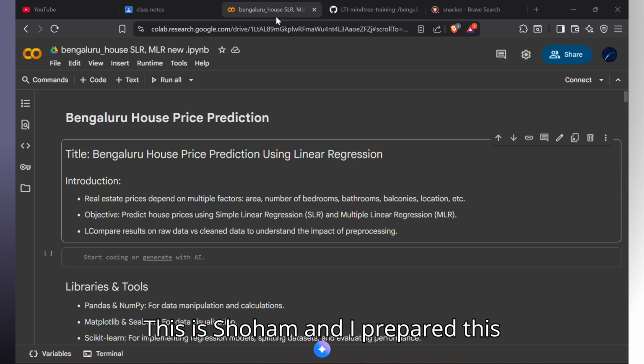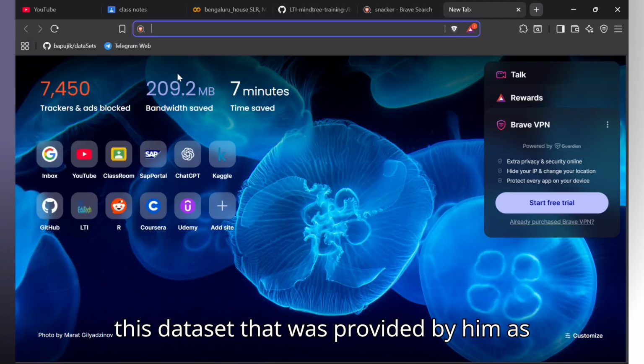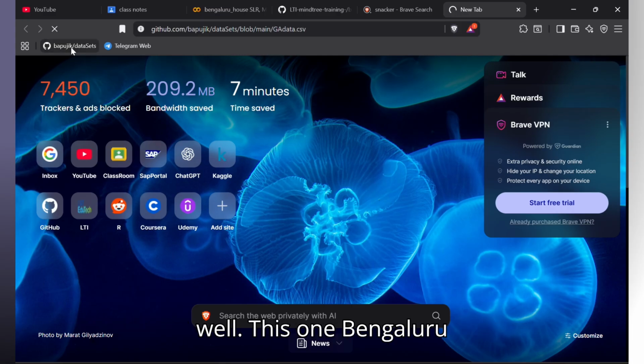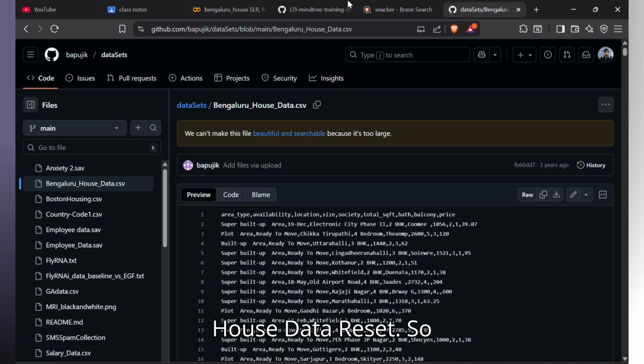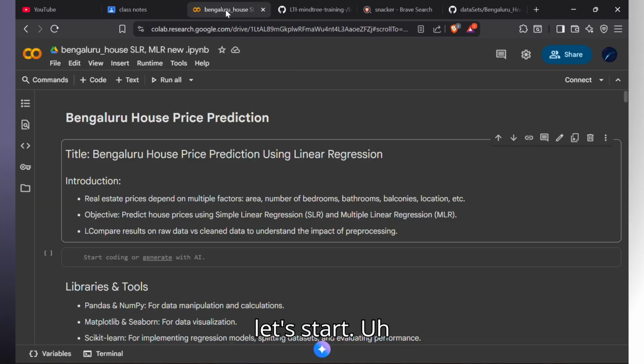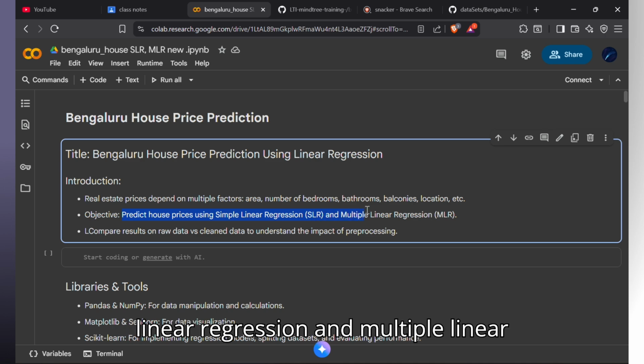Shoham and I prepared this notebook. This was part of our assignment given by our industrial training instructor, Sir Bapuji Kanapati, and I used this dataset that was provided by him as well. This one, the Bengaluru House dataset. So let's start. The objective of this project was to predict the housing price using simple linear regression and